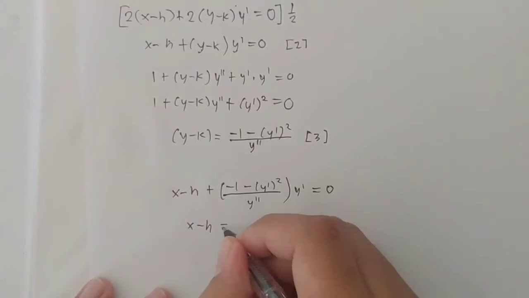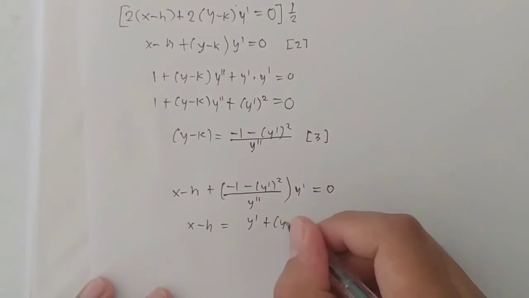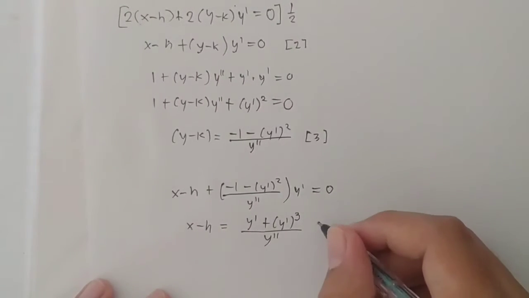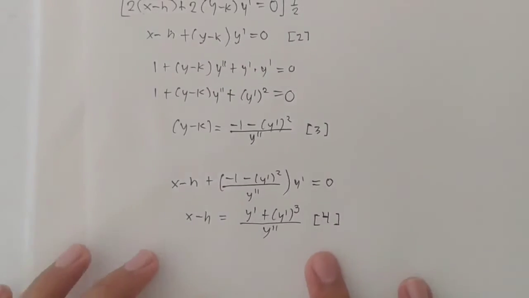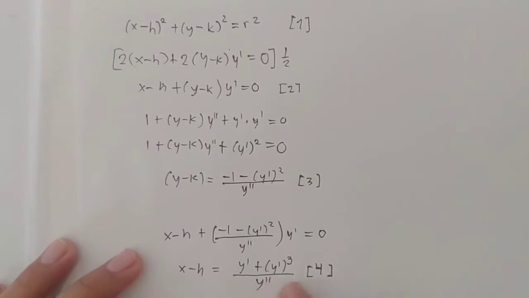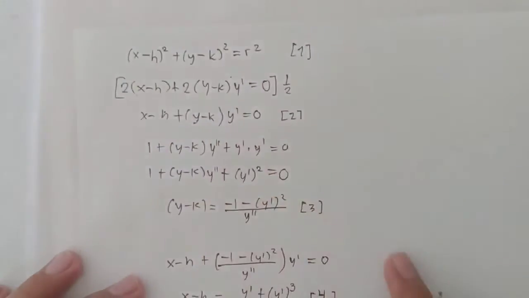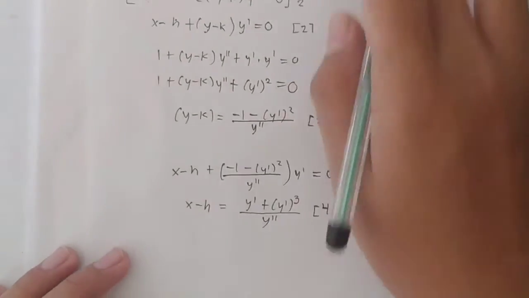So x - h equals (y prime plus y prime cubed) over y double prime. This is our equation 4. We can then substitute equation 4 and equation 3 into equation 1 to eliminate all of the arbitrary constants. So this will become,